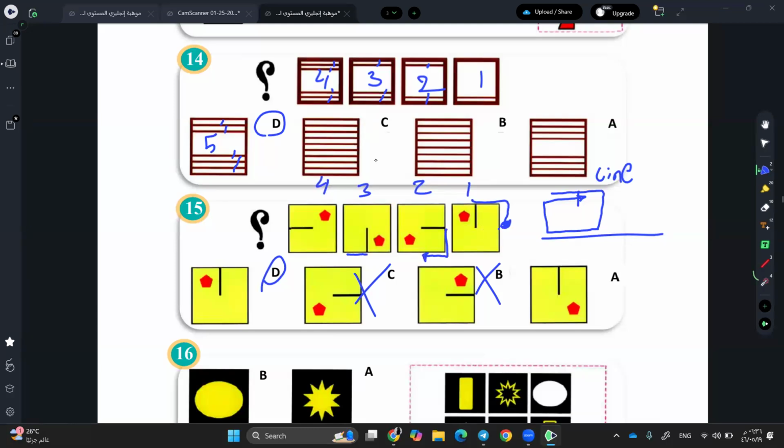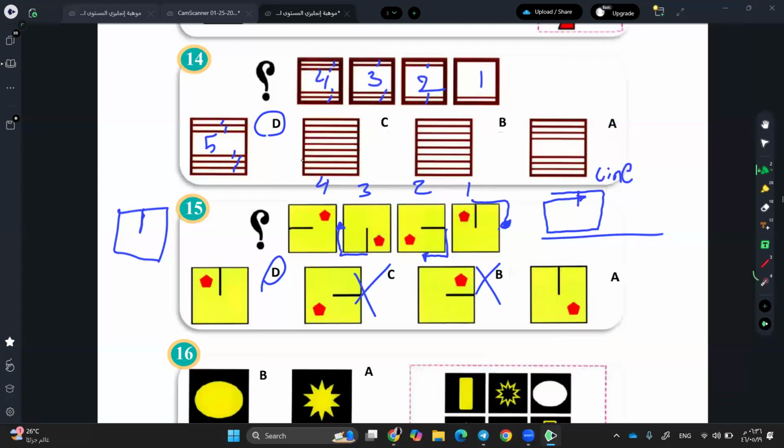And then from the bottom to left. So left. And then going to be from left to what? To up. So you know that the answer will have this square with line up. Okay, so B and C, not the answer. Okay, this is for the line. Then